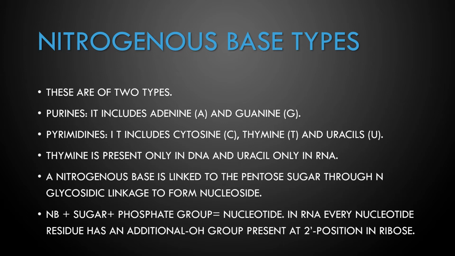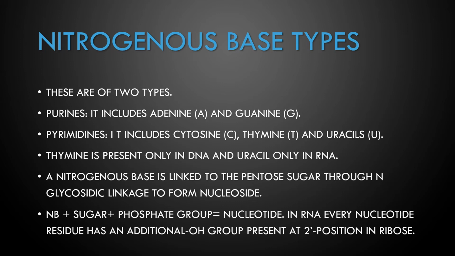A, which you have already gone through in class 11th as well. A means adenine and G means guanine. So A and G come in the category of purines. And when we speak of pyrimidines, there are C, T and U. C for cytosine, T for thymine and U for uracil. Okay, so in short, we can keep in mind CTU is in the pyrimidines. Thymine is present only in the DNA, and in place of it there is uracil in the RNA.